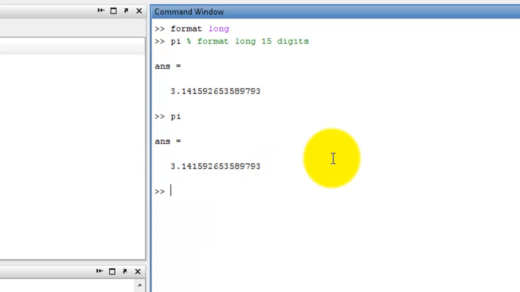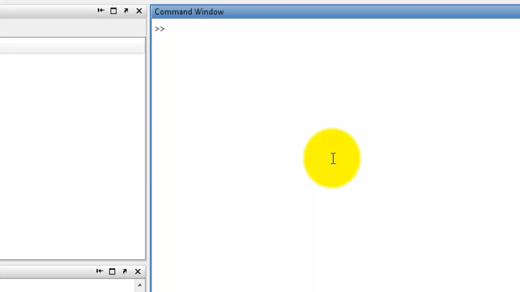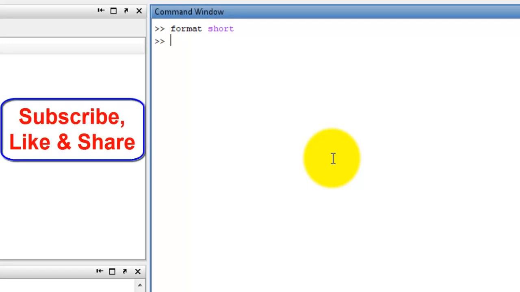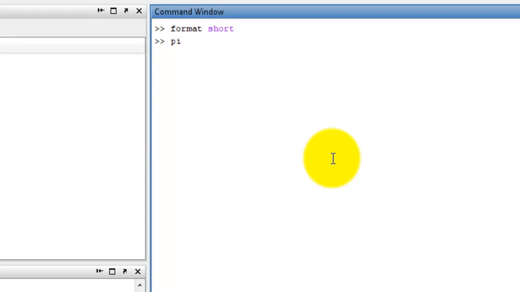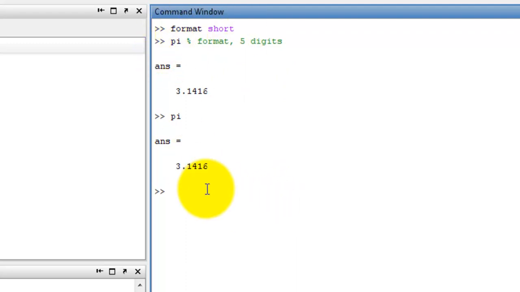Okay, now CLC, clear the screen. Now format short, FORMAT, format SHORT, short, enter. Pi, percentage format 5 digit. This is percentage format 5 digit. This is comment, non-executable statement, enter. Now value is 5 digit, 3.1416. Again type Pi. This is format short. Okay,